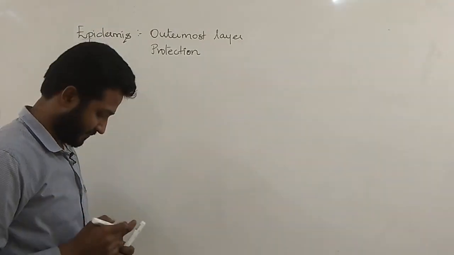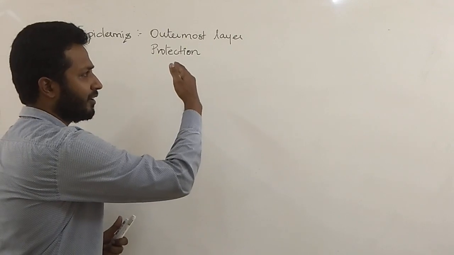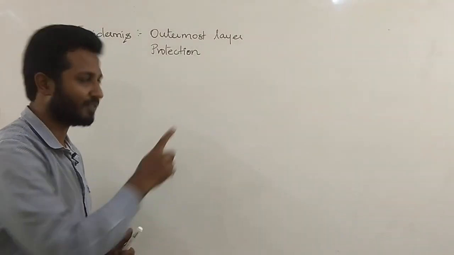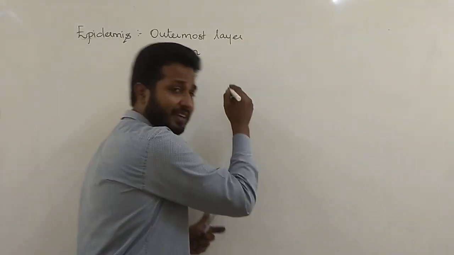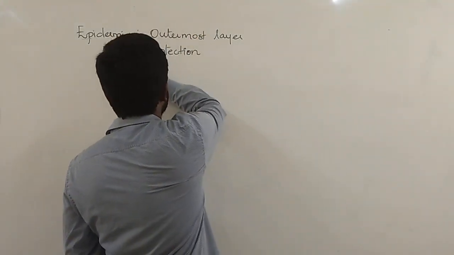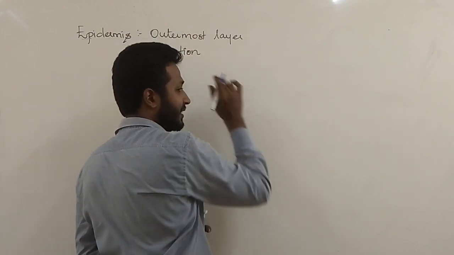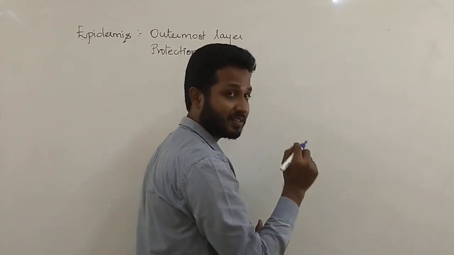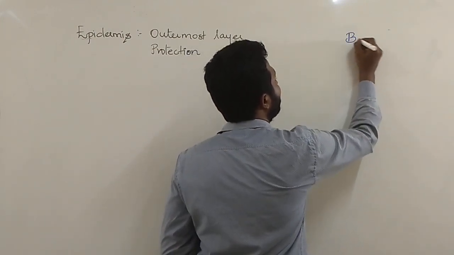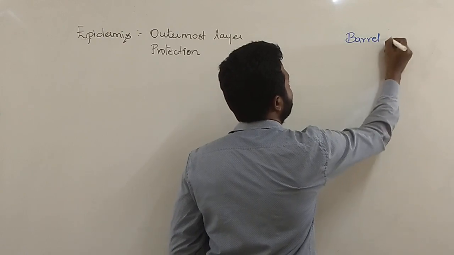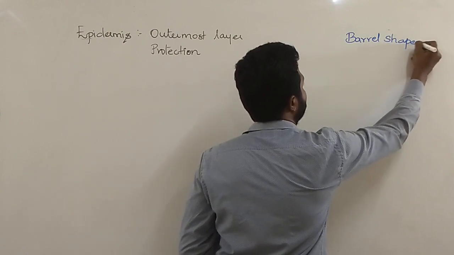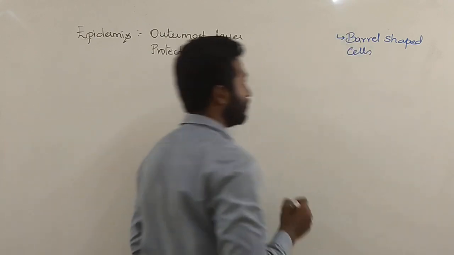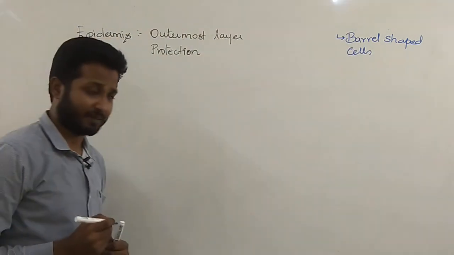This is for boards. For NEET, always in the classroom I used to use the right hand side part, especially for NEET. Even here I am using it. Okay. Now for NEET, if we try to analyze, epidermis is the outermost skin, it provides protection. The diagram I had drawn, the characteristic feature I showed you here, is that they have barrel shaped cells. The outermost layer has barrel shaped cells.